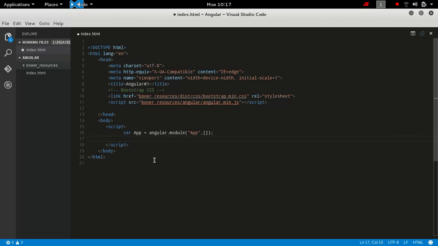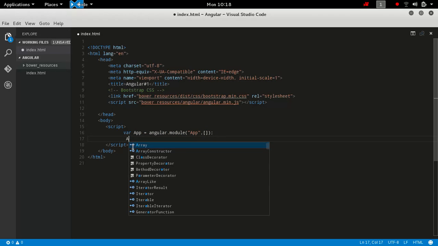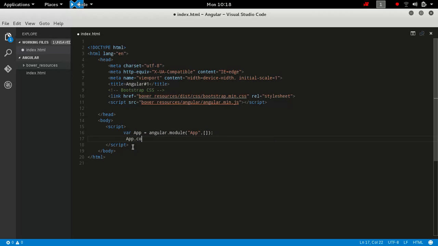Okay, now this is how we create modules. In AngularJS we have modules. A module is like your application name. So once you have the module, you can go ahead and create the controller,